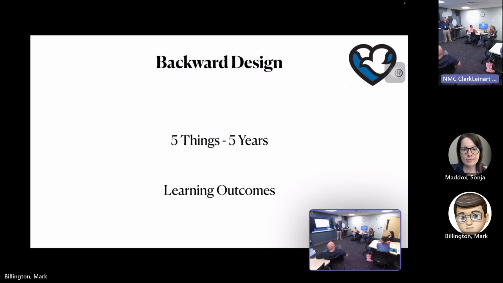So when you think about backward design, think about those 5 things. What are they? Now, those can be big buckets. So it's not 5 little random facts. Okay. Not quite that. But those 5 things that you want them to remember are your learning outcomes. You're going to hear learning outcomes. You're going to hear learning objectives. They're somewhat interchangeable. Some people will argue that fact, but nobody can make up their mind which it is. So I'll just tell you, learning outcomes, learning objectives, kind of the same thing. Important piece is 5 years from now, what are those students really going to remember? And then you backward design from that.